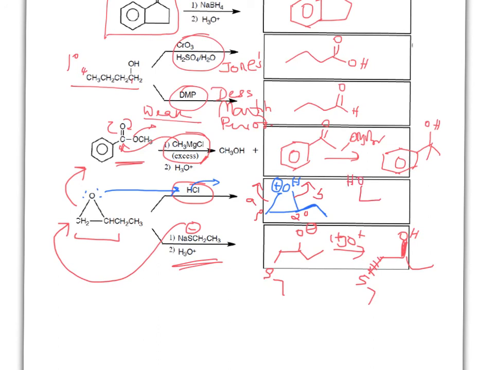And since this says HCl, I'll have to show the attack for Cl negative. So you're going to get the ethyl group. On the other hand, if that would have said H3O plus, and they did not specify the conjugate base, then you should just use water, in which case you're going to end up with a diol as the final product. But in this case, it'll be like a chlorohydrin for this particular reaction condition. All right, let's go